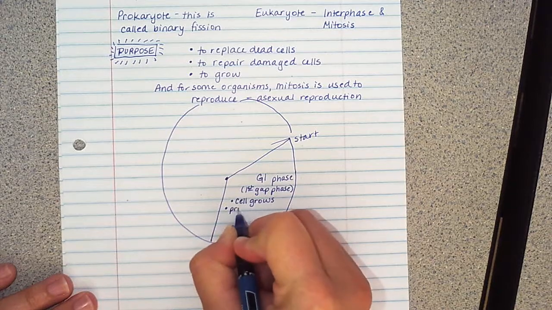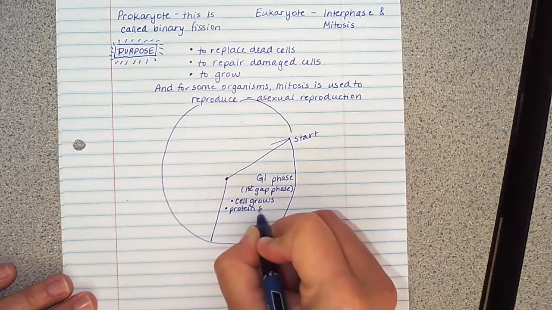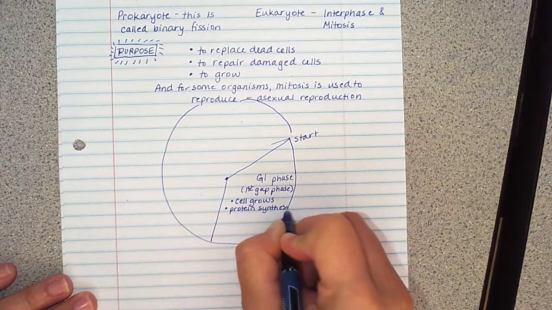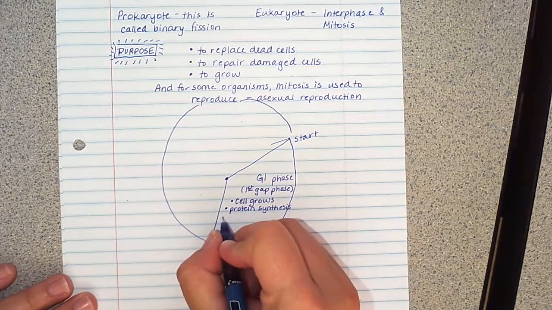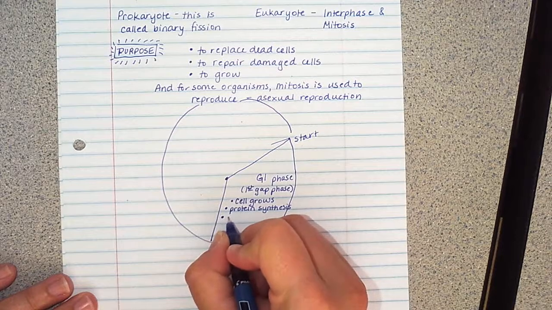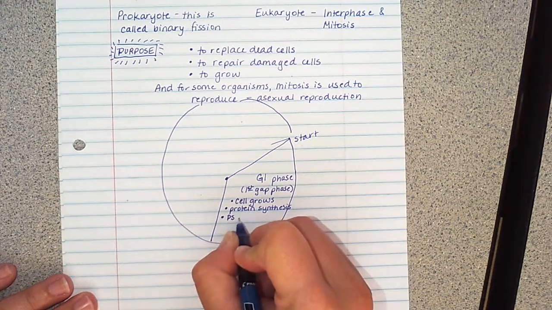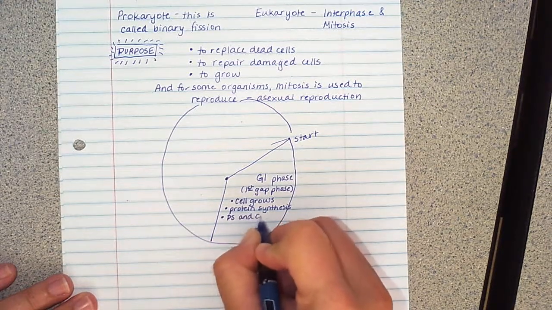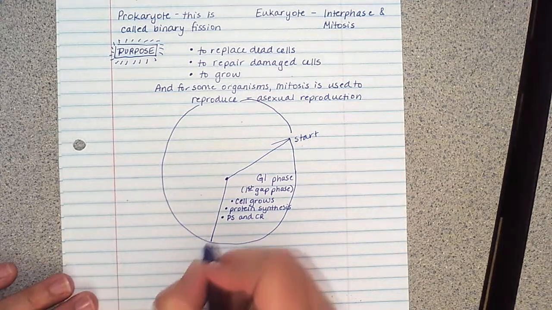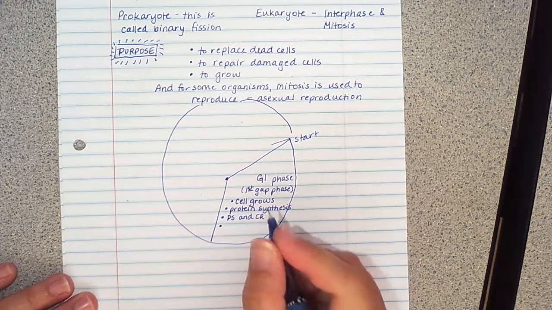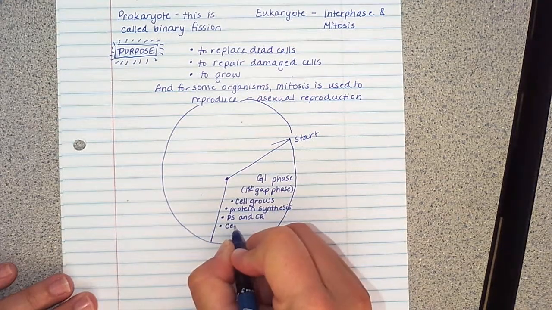Like we have learned about, or we're going to learn about protein synthesis. So it's going to make proteins in the ribosomes. It's going to go through cellular respiration and photosynthesis. I'll put PS for photosynthesis and CR for cellular respiration. It basically does all of these normal things. But one thing I want you to know, maybe something new, is that the cell becomes specialized